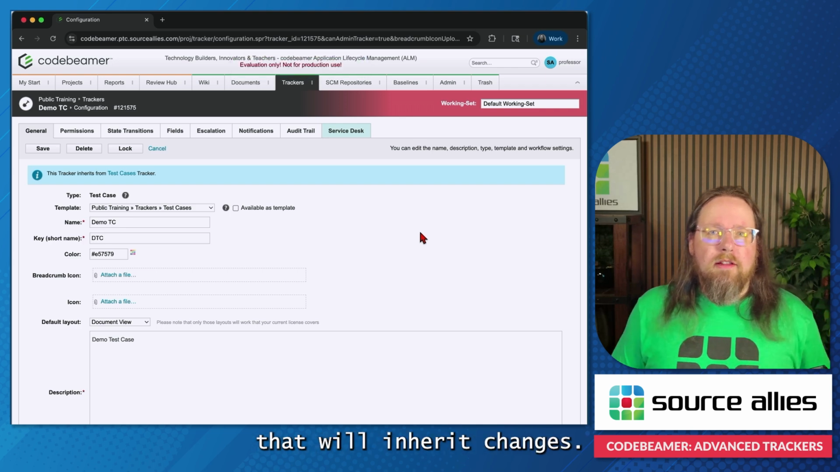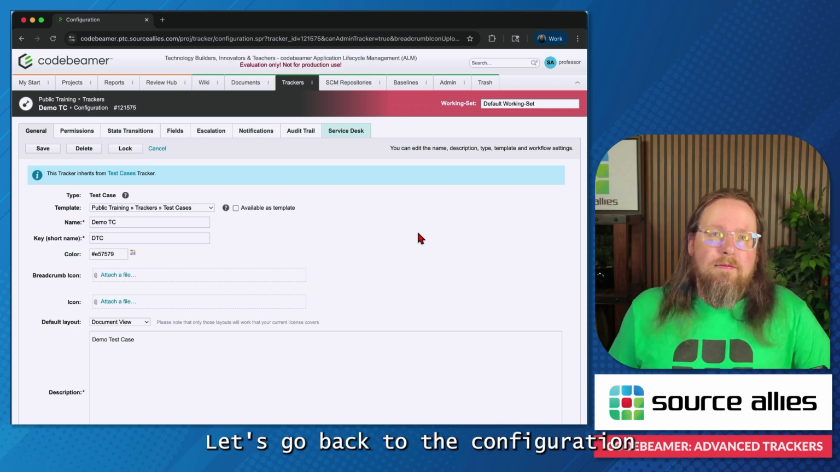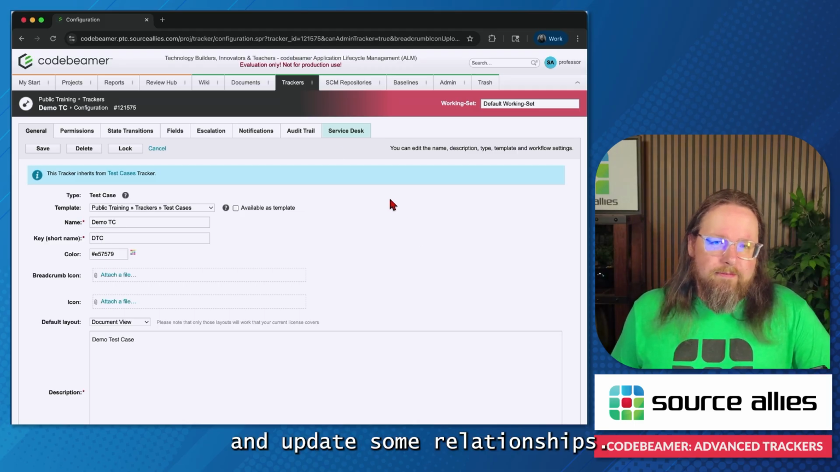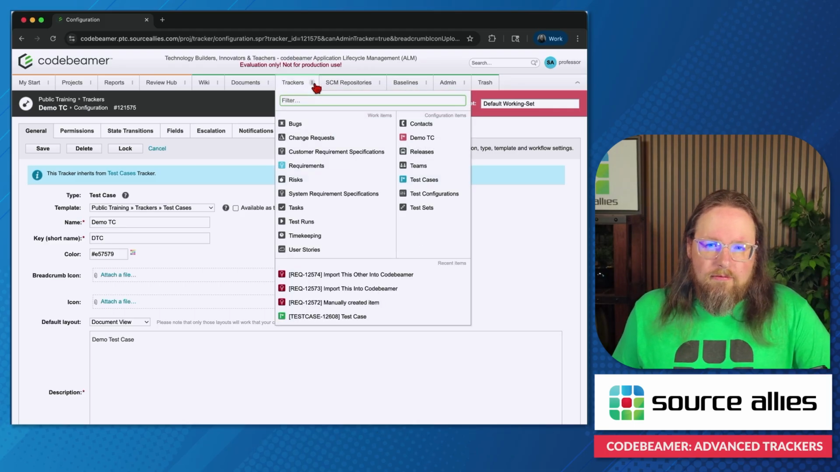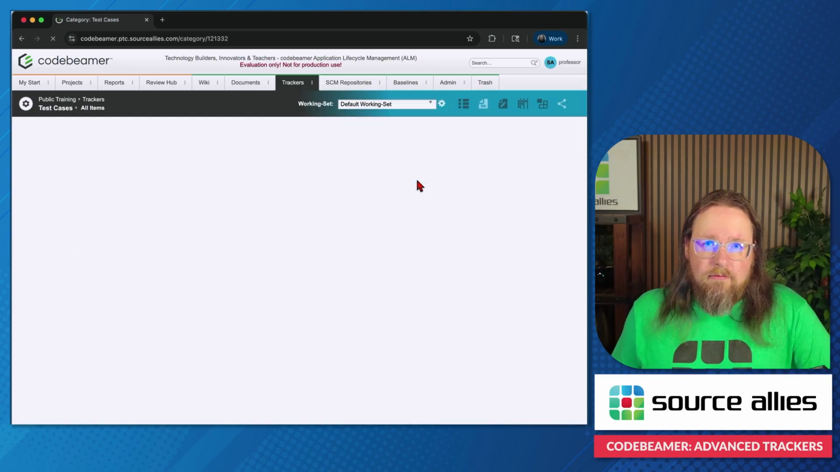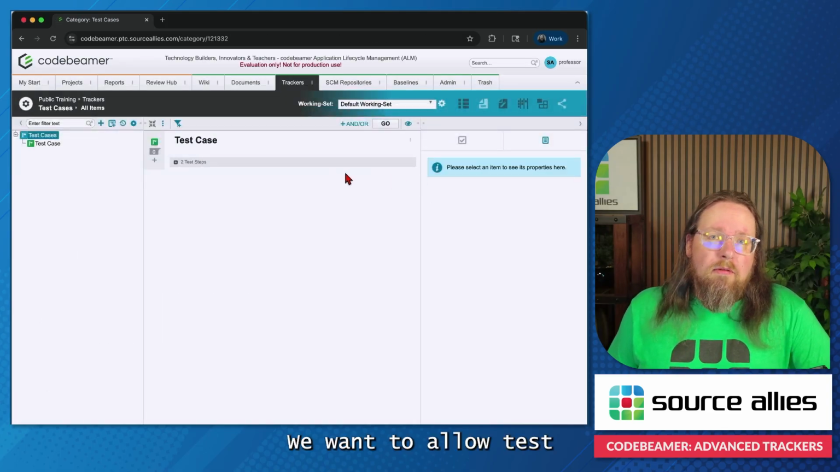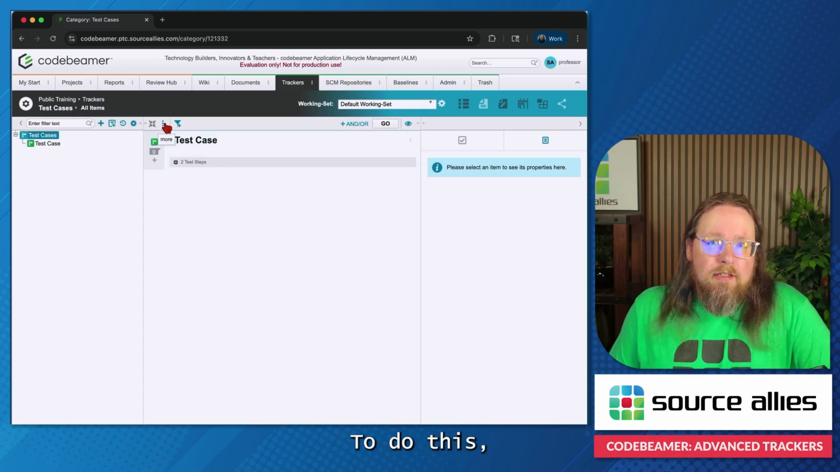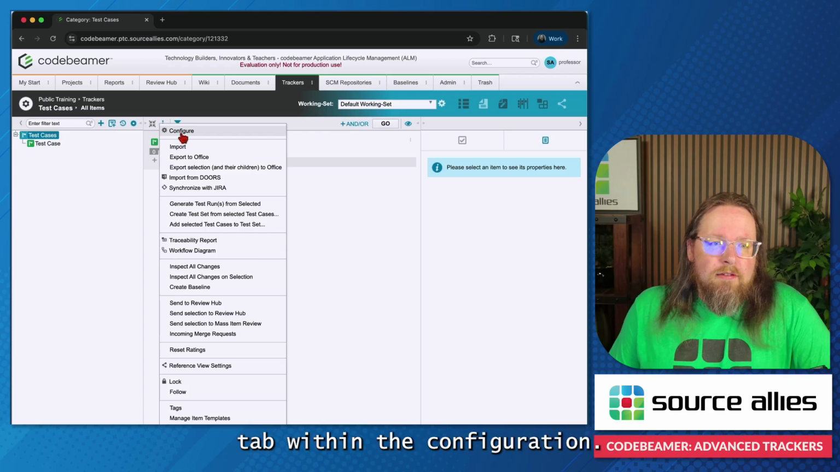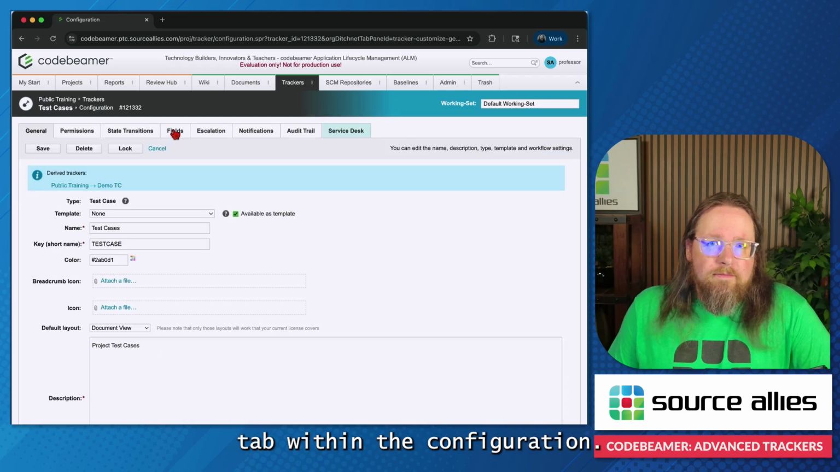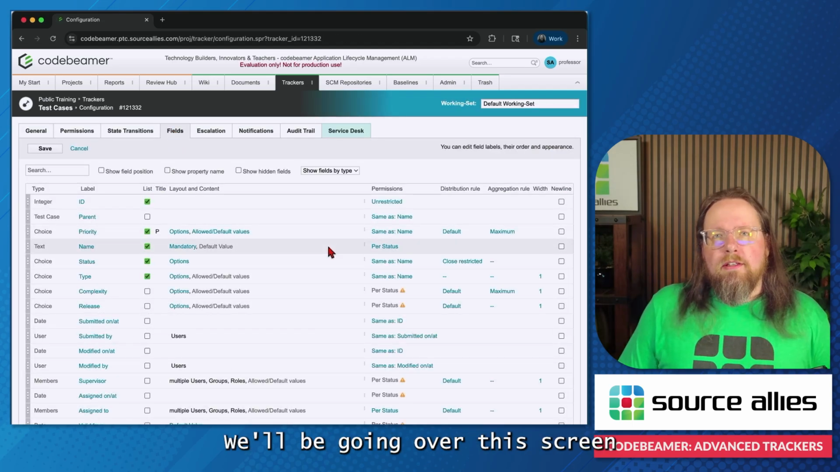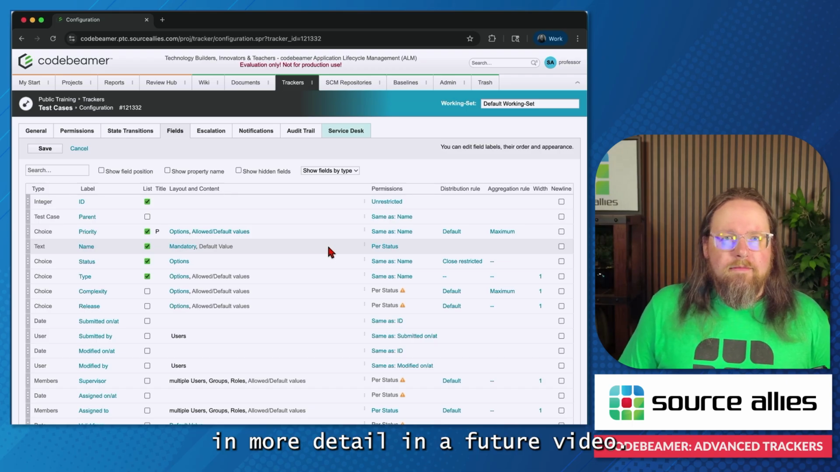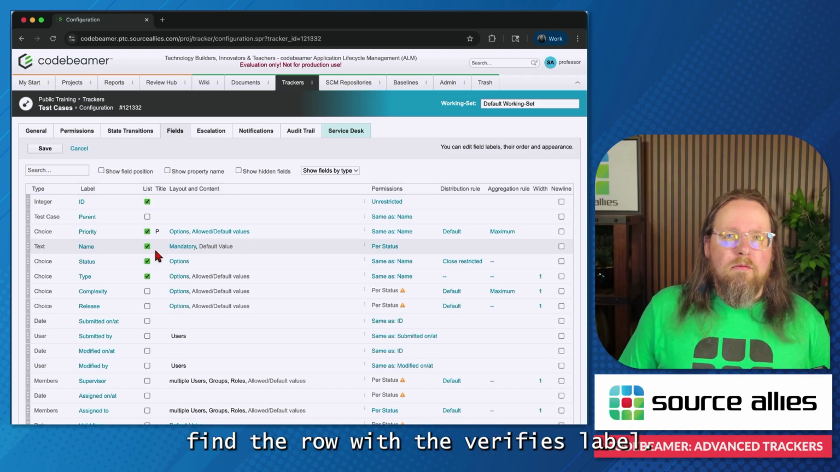Now that we have a tracker that will inherit changes, let's go back to the configuration of the template and update some relationships. We want to allow test cases to verify items from our requirements tracker. To do this, we'll need to click the Fields tab within the configuration. We will be going over this screen in more detail in a future video. On the table, find the row with the Verifies label,